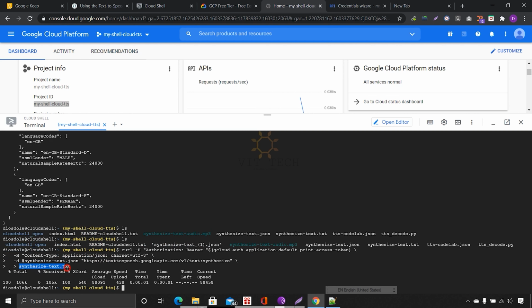The name is synthesis text.text. It is created with the speed, time, everything, current speed. Now you notice this one. We have created text input to a text-only output JSON. That's a text format only. JSON is a text format, so the input is text and the output is also text only. It is not an MP3 format. So we will show you how it will look.